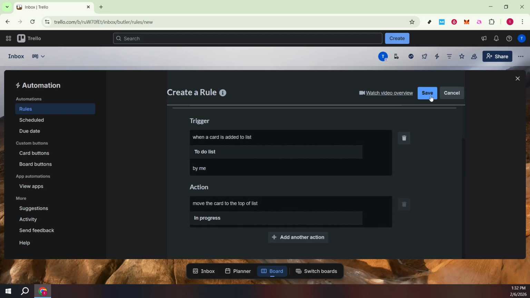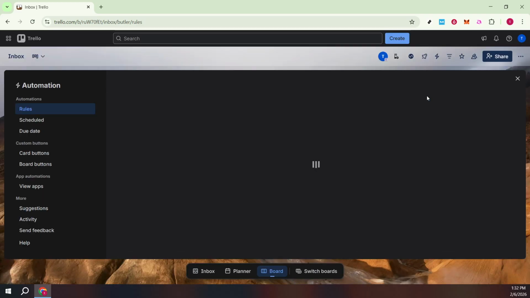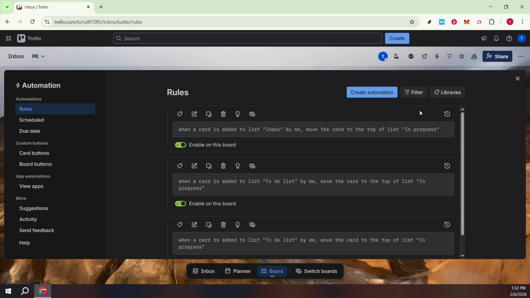Anytime a card is added to the list you selected, Trello will move it straight to Done and place it at the top so it doesn't get buried. A quick test is helpful. Create or move a card into the trigger list and watch for the automatic move to Done. If it doesn't fire, double check that you selected the correct board lists and that the rule is saved. Also remember that automations run per board, so you'll need to set this up on each board where you want